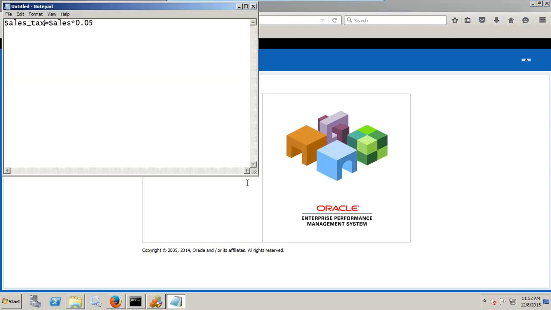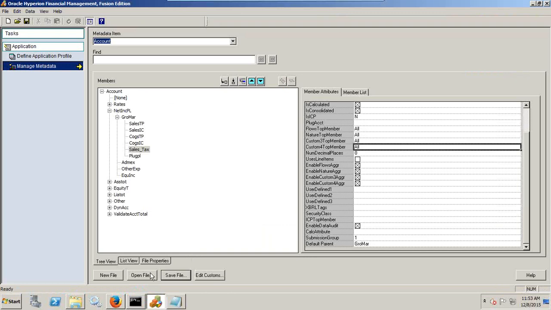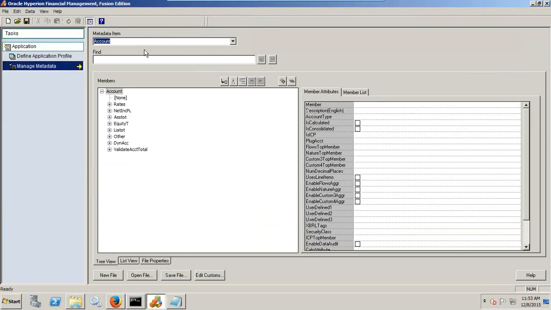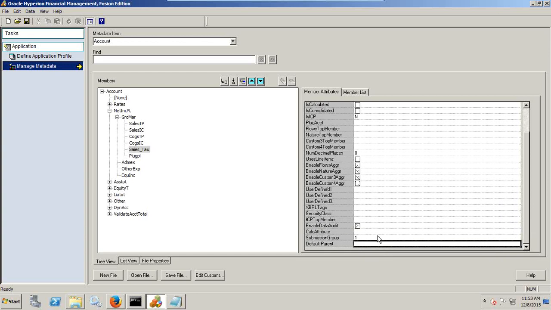In order to write this calculation, the first step is to ensure that the members I'm referring to for the calculation exist in my metadata, or in my outline. So I'll connect to my outline and check my account dimension, and under gross margin I see sales third party, which could be my source. Because I don't have a sale tax, I'm going to add a new member over here, sale tax, for the sake of testing. And I need to define all required properties including parent name,